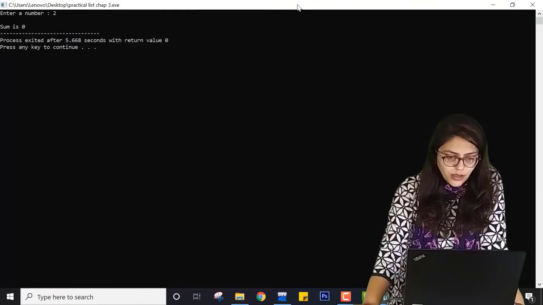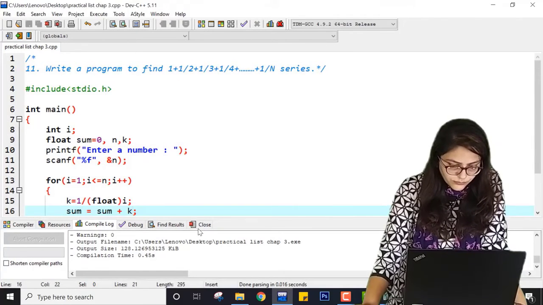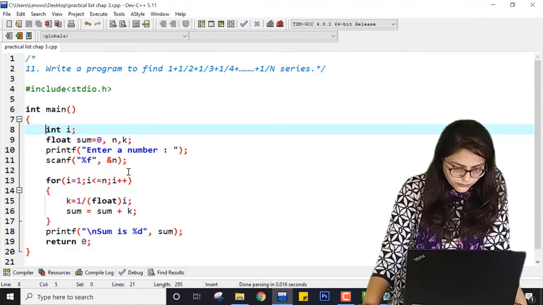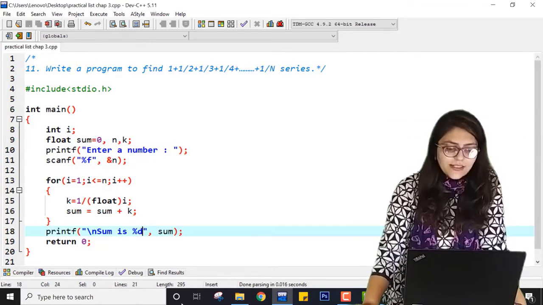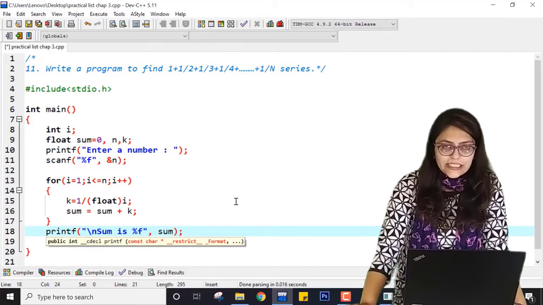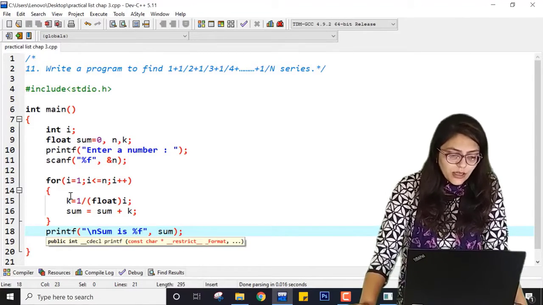Why is my answer not coming? What is the error? Okay, the answer is not coming because here I have put d for sum, so it is chopping everything. So here it will be f for sum because my sum is float.